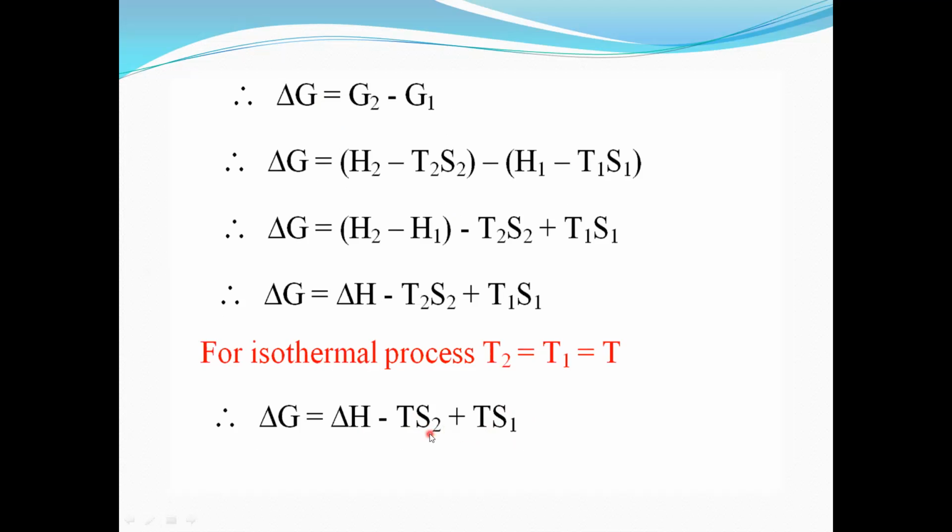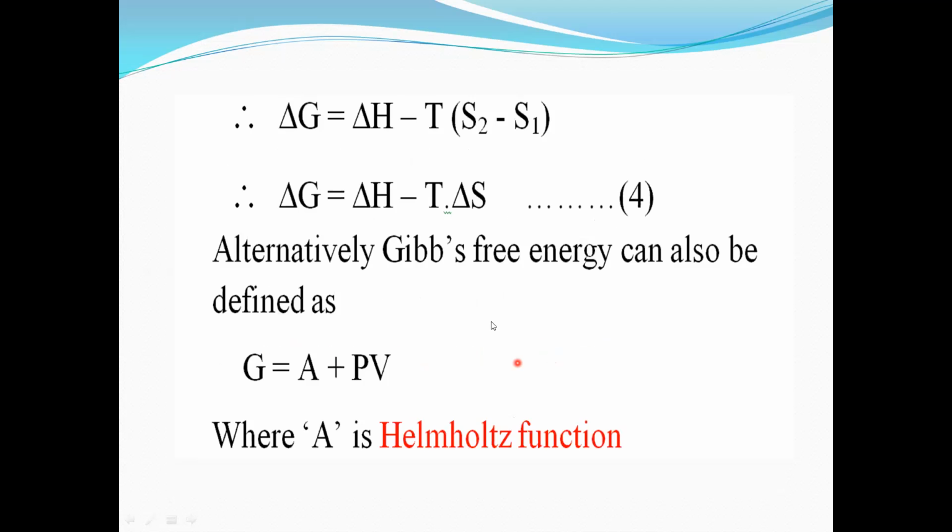We have taken minus T common. So taking minus T common, what will remain in the bracket? S2 minus S1. So we have written in the next step, therefore delta G is equal to delta H minus T into S2 minus S1. Now therefore delta G is equal to delta H minus T into, now this S2 minus S1,